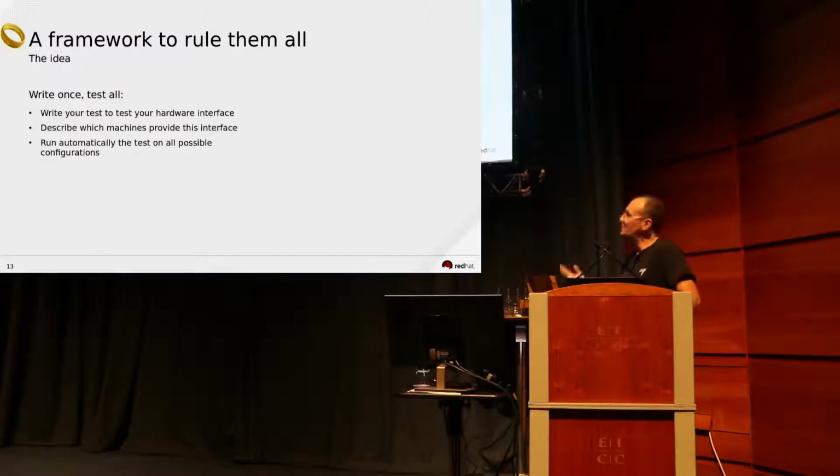So we have seen in the previous example that the test must manage all possible implementations to access the interface it wants to test, if we want to test on every machine, because it's better to have a better coverage. So what we try to do with this new framework is to write the test once for a given interface, and then let the framework run it on all the possible configurations.